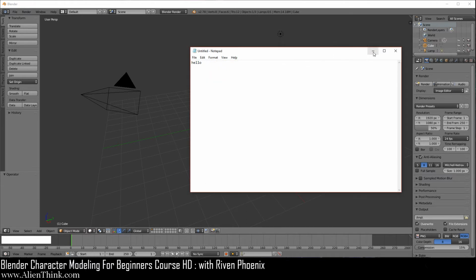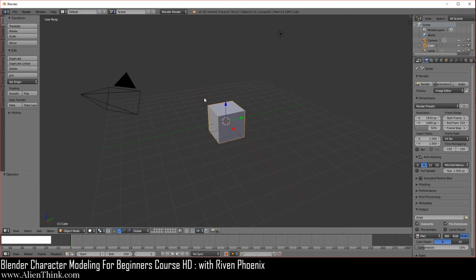Now the difference in Blender is that they give you everything up front, meaning that they don't hide anything from you. They give you all the features Blender has to offer right up front. So this is why you're seeing all these buttons over here, right? These hundreds and hundreds of options all over the place.